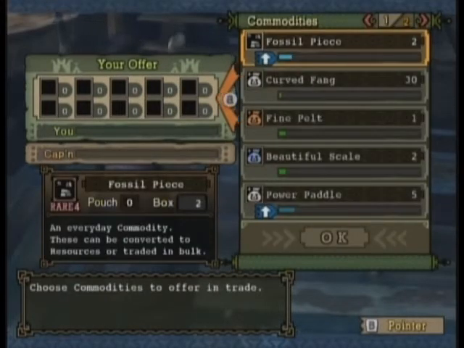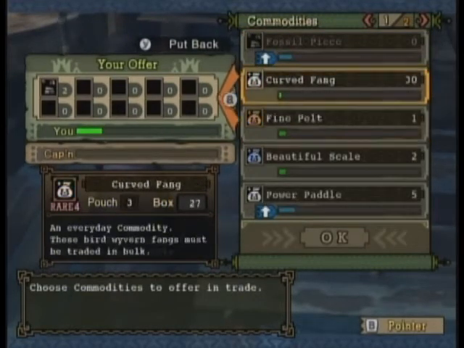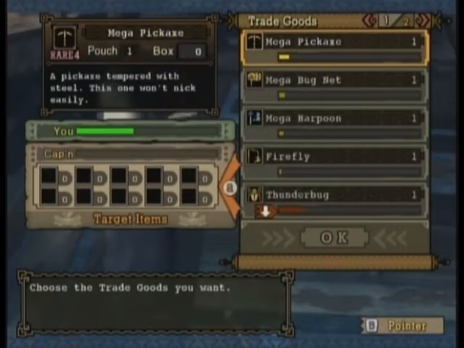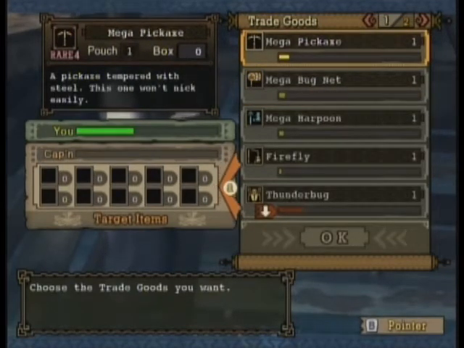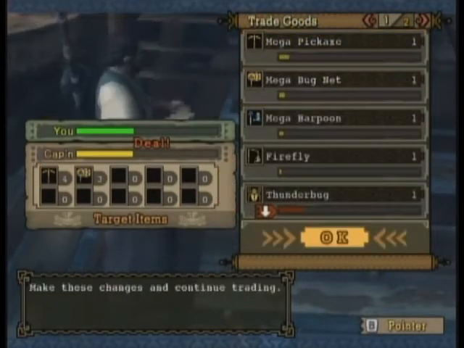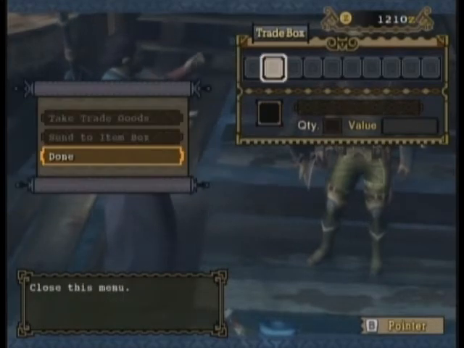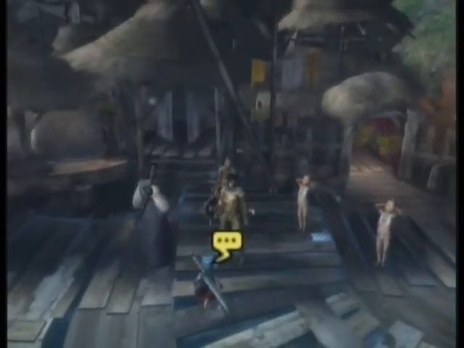Trading basically works like this. You go under make an offer, you put down some pieces, some commodities that you think are useful and that you won't need for something else, like fossil pieces and curved fangs. And you gain a specific amount of trade value. Then you can trade those in for certain goods, like those, which he has. Naturally, if you go over your own trade value in looking for stuff from him, you won't be able to make a deal. But if you keep it just at or slightly under his, or way under his for whatever reason, you'll